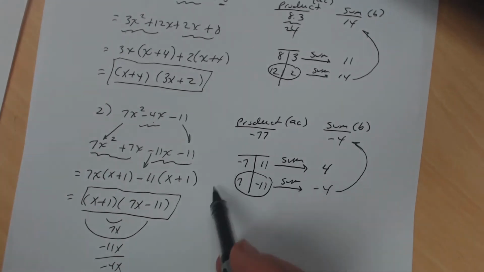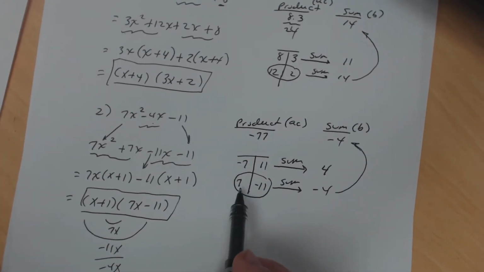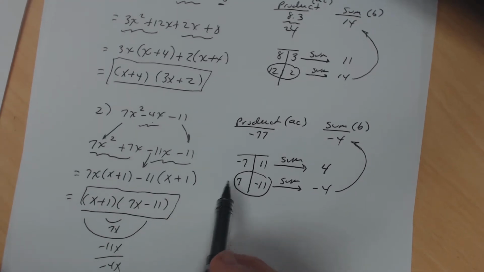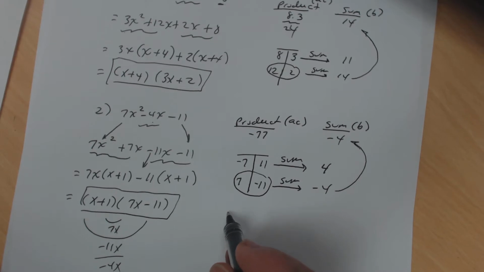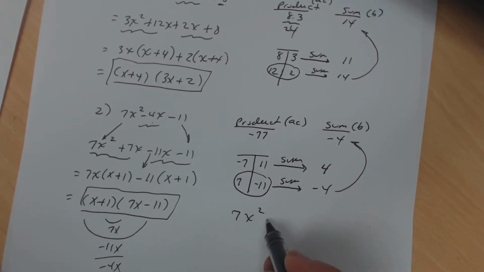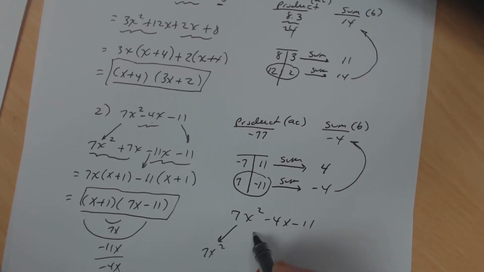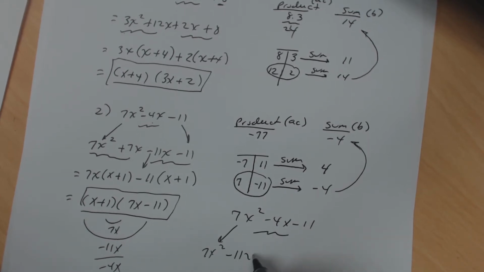Now, remember, I said it didn't matter whether you put the 7x here or 7x here. So notice what happens. I'm going to rewrite this just to show you. So I'm going to get 7x squared, and I'm going to rewrite this using minus 11x plus 7x. So again, it doesn't matter. I could have put either one of those, any of these orders,